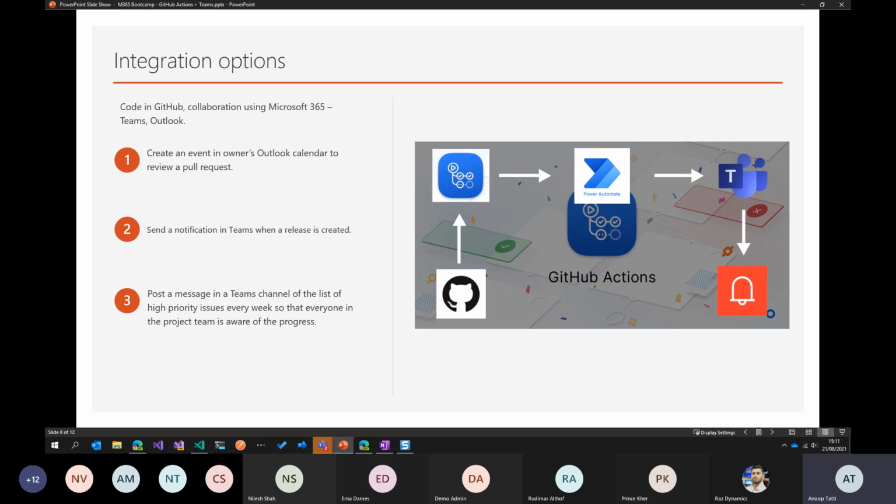So the team will come to know that a release has been created, and then they can go ahead and do the next tasks. And the third scenario, which is the one that we will be looking at in today's demo, is